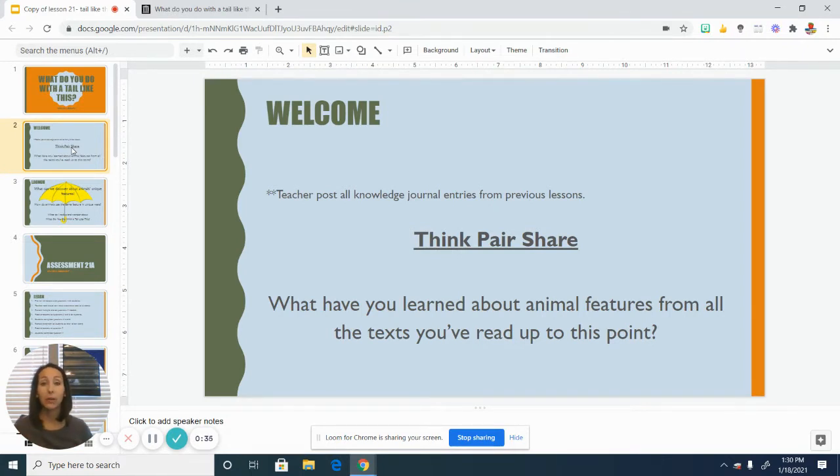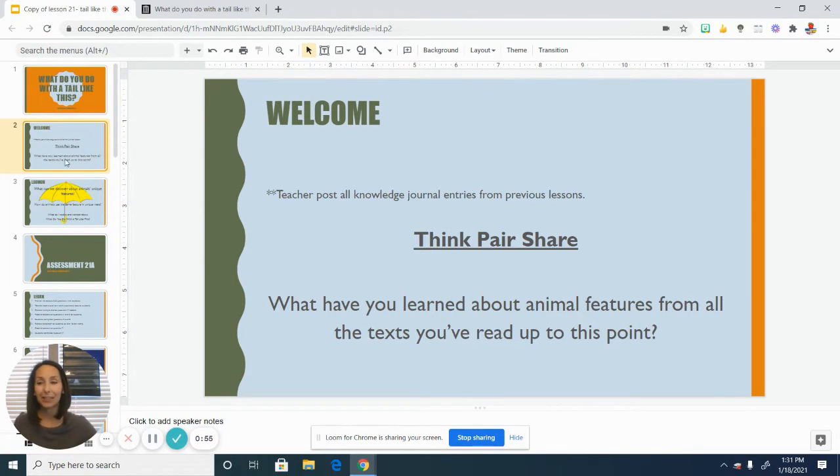We've learned about the elephant, and certainly we've learned quite a bit of information about the seahorses. So I just want you to think about all of those animals and the features that we've learned so far, and kind of keep that in mind as we're reading this text, and think about the additional things that we